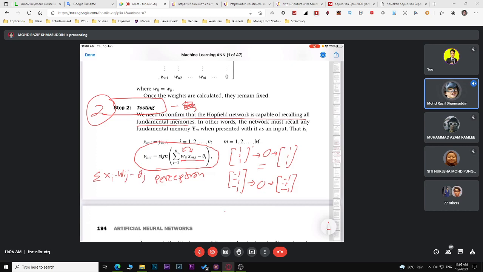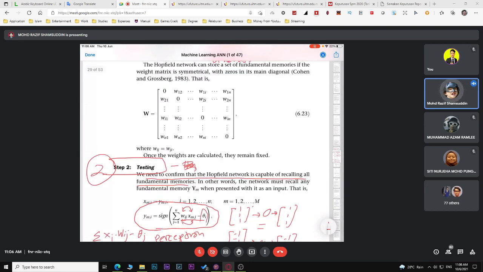Minus threshold J. Ingat tak? Ini perceptron. Tapi dekat Hopfield network ni kita ubah je kedudukan dia. Yang ini yang input dia duduk sebelah sini, weight duduk sebelah sini. Okay? Minus threshold. Alright. So dalam contoh yang ini,